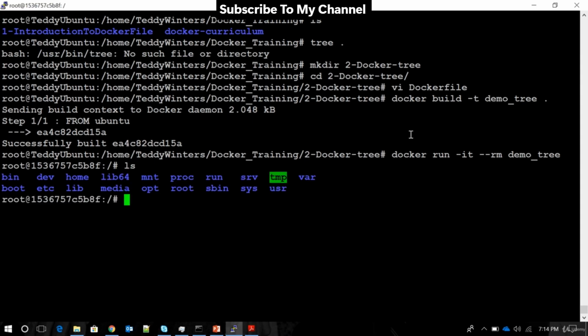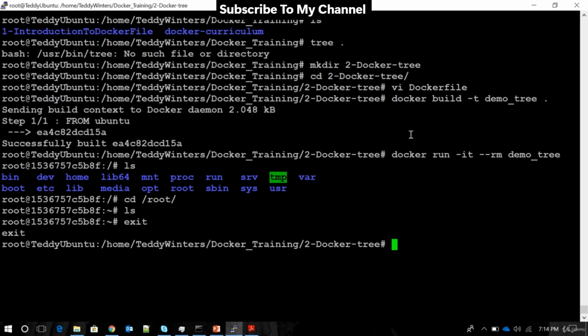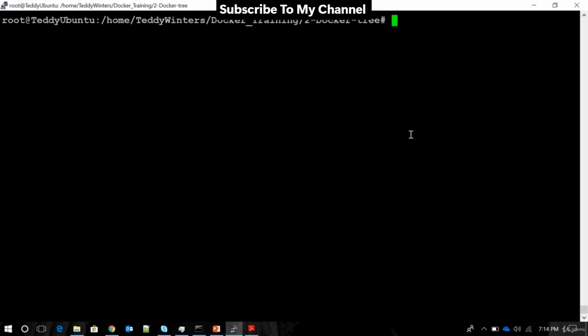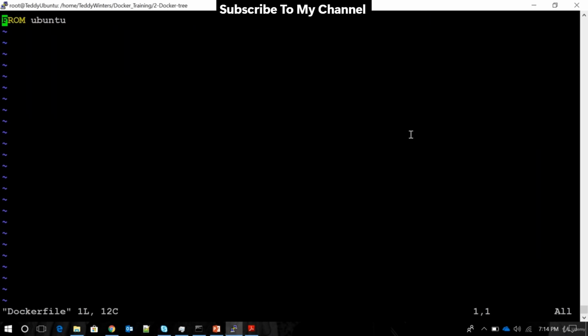I can use all these commands like ls and navigate to different folders like root, which currently has nothing. So yes, we successfully created a Docker container which has Ubuntu operating system features in it. Okay, let me come out now. I exit. Yeah, I will go back to my Dockerfile and